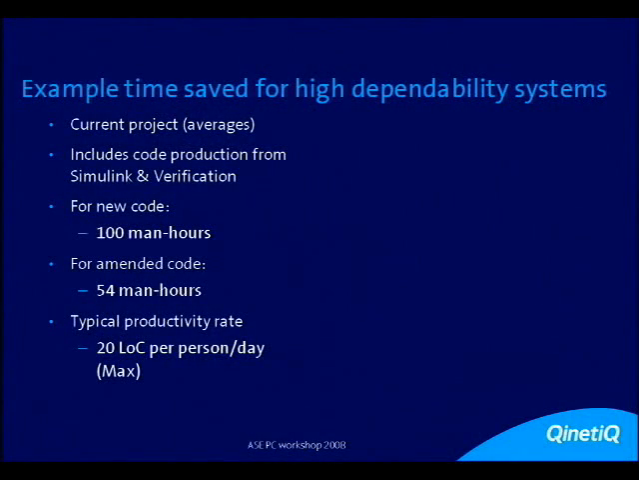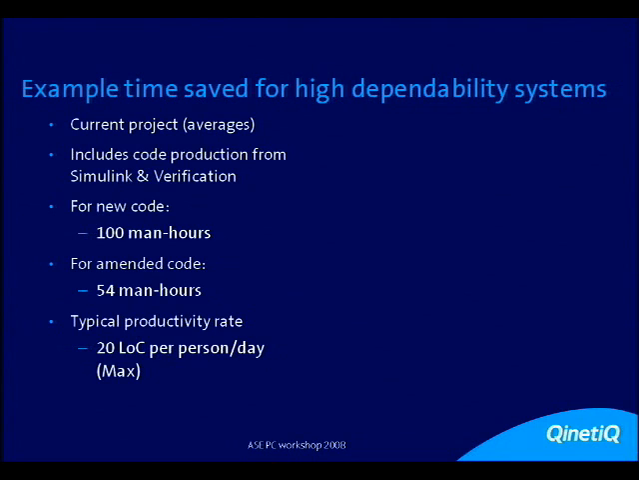So, looking at a bit more detail, breaking it down. For new code, for current, this is averages over a number of projects, and is anonymized industrial data. It includes co-production from Simulink and the verification. For new code, it's 100 man-hours. For amended code, it's 54 man-hours, with a typical productivity rate of 20 lines of code per person per day,